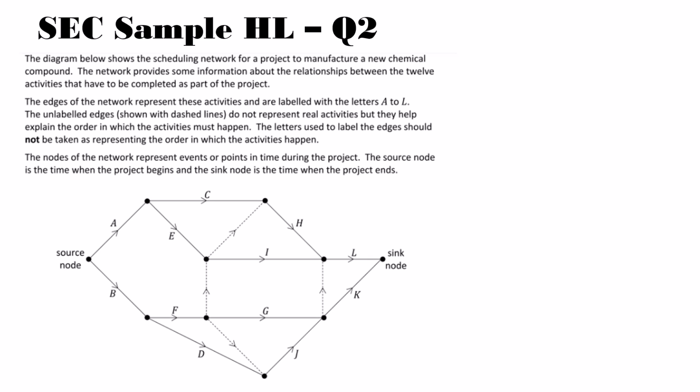The edges of the network represent these activities and are labeled with the letters A to L. The unlabeled edges, shown with dashed lines, do not represent real activities, but they help explain the order in which the activities must happen. The letter used to label the edges should not be taken as representing the order in which the activities happen. The nodes represent events or points in time during the project. The source node is the time when the project begins, and the sink node is the time when the project